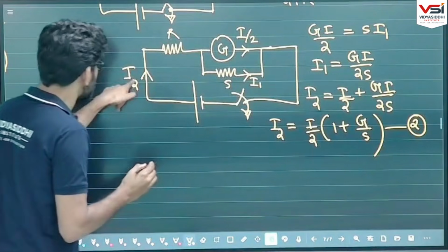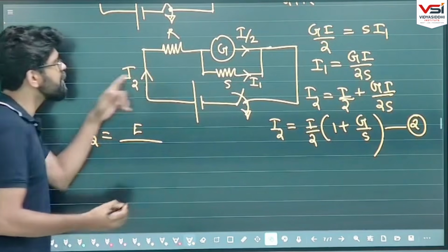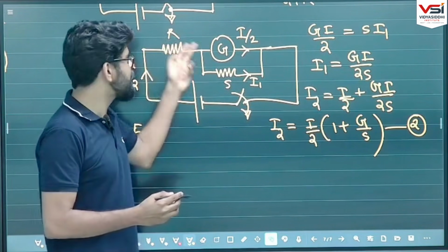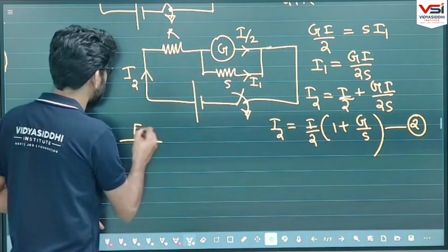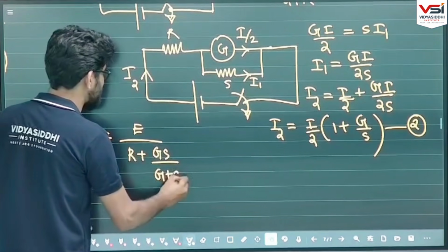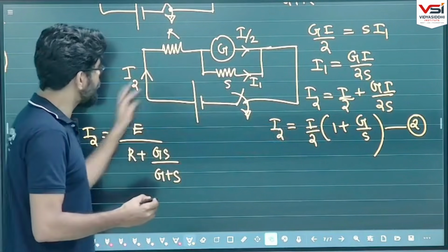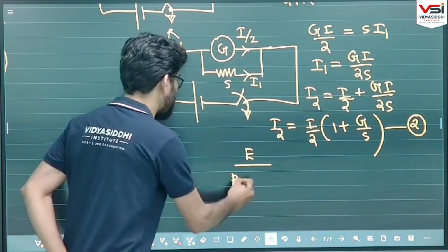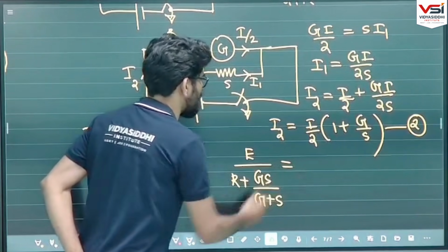Let us write down what the current is right now. I2 is equal to E divided by the total resistance of this combination. You can easily suggest, right? R plus GS divided by G plus S, the parallel combination of G and S. This is I2, so this I2 can be replaced here. So I am writing E divided by R plus GS divided by G plus S is equal to,